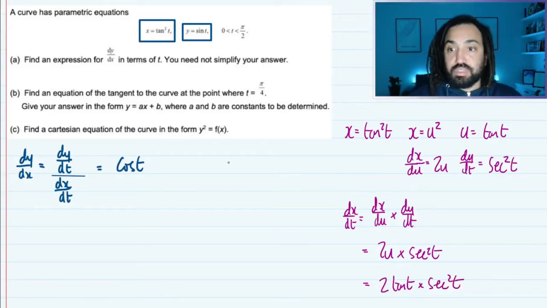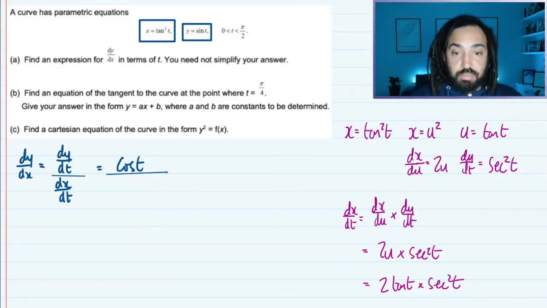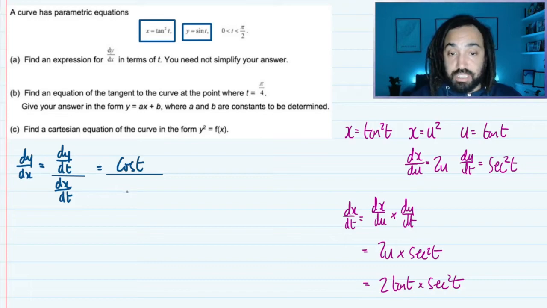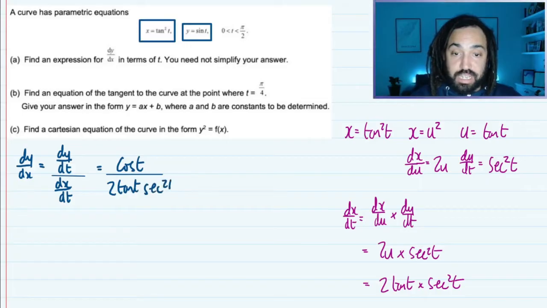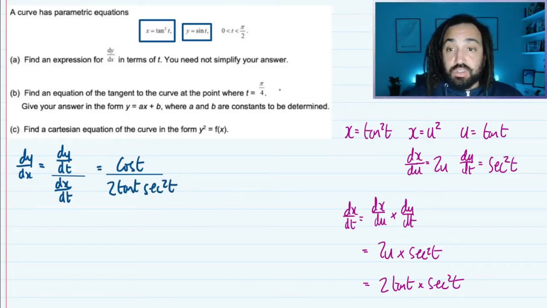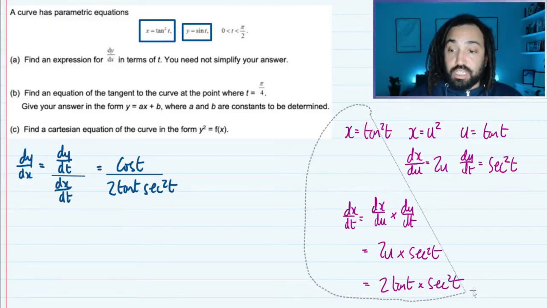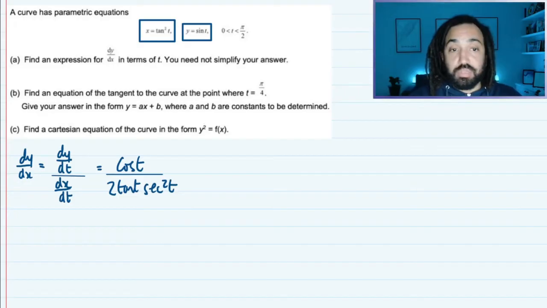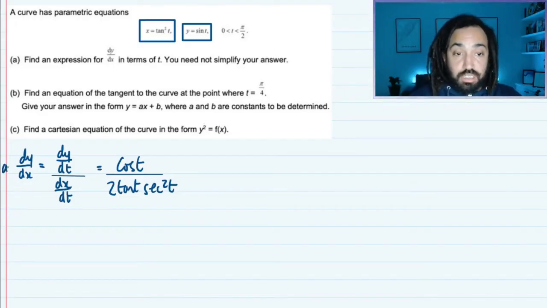Beautiful. So that goes on the bottom of our dy by dx here. So that gives me 2 tan t sec squared t. And it says you do not need to simplify your answer. Perfect. Get rid of that working, and we will move on to part B,